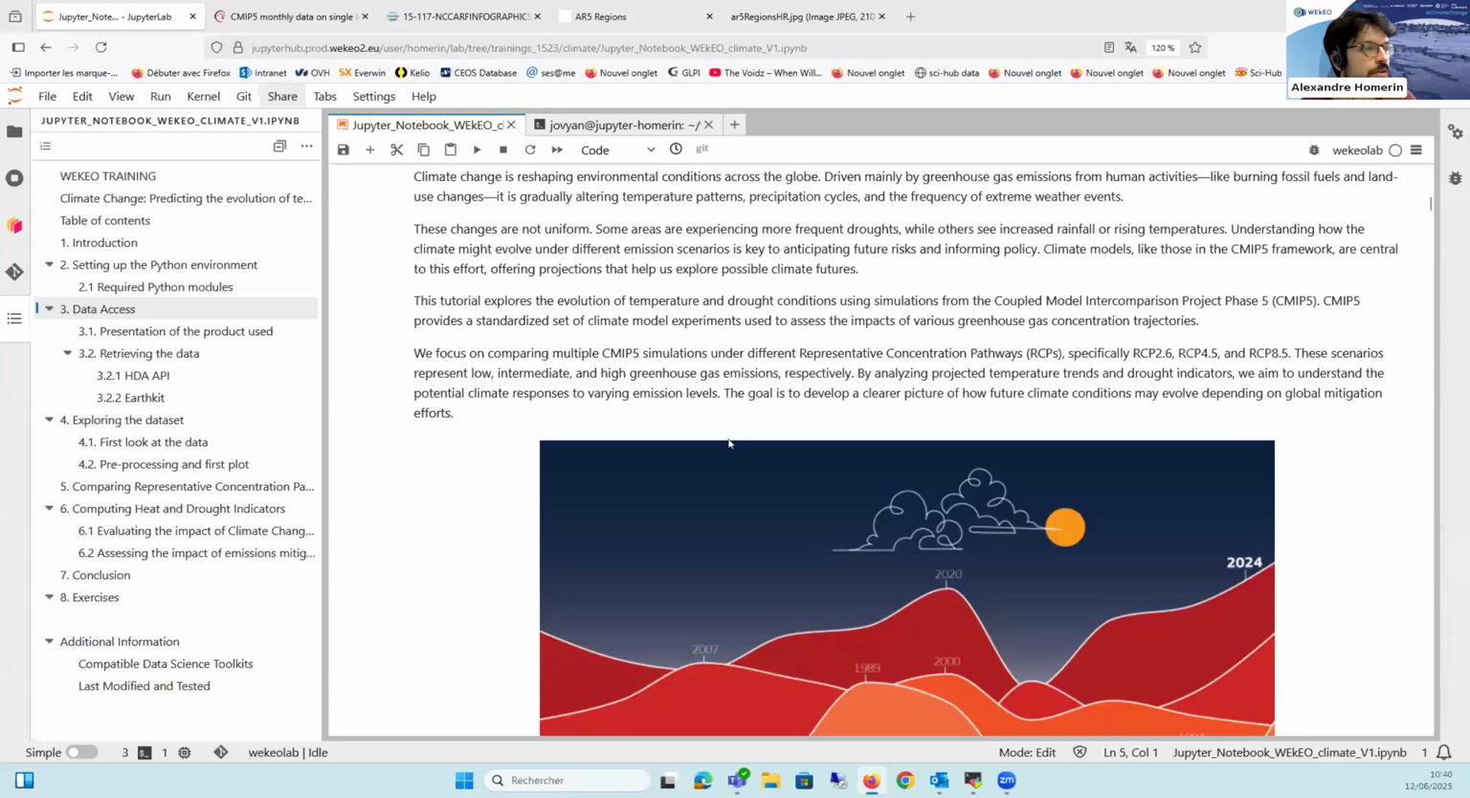As I've mentioned, in this tutorial we are going to see the evolution of temperature and droughts. For that, we are going to use climate simulations, which I'm going to present in the next section. Those simulations follow several different scenarios. If you're already familiar with climate science, maybe you know the term RCP, which is a representative concentration pathway. Basically, those represent different scenarios of greenhouse gas emissions, going from 2.6, which is a scenario where climate